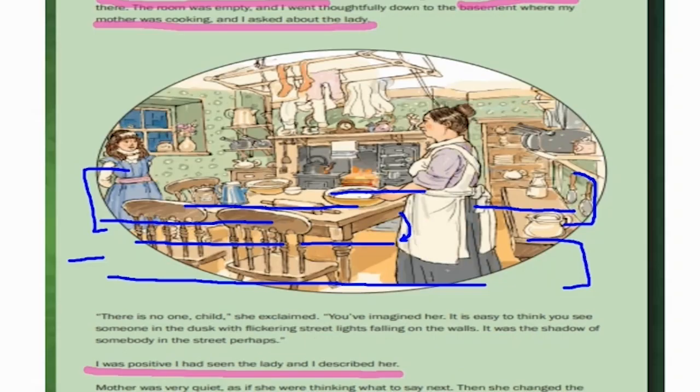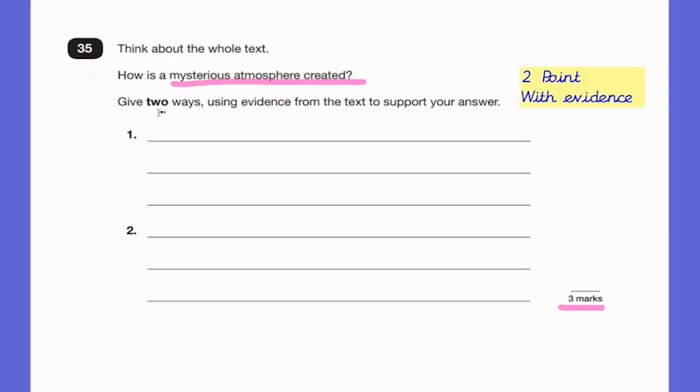Further on in the text, the fact that her mother says, "There's no one, child. You've imagined her." That also creates this strange mysterious atmosphere, because we expect her mother to agree with Penelope. We expect her mother to say, "Oh yeah, that lady works in the house," but no. Her mother has no idea who she is. All right. So back at the question, can we give 2 ways